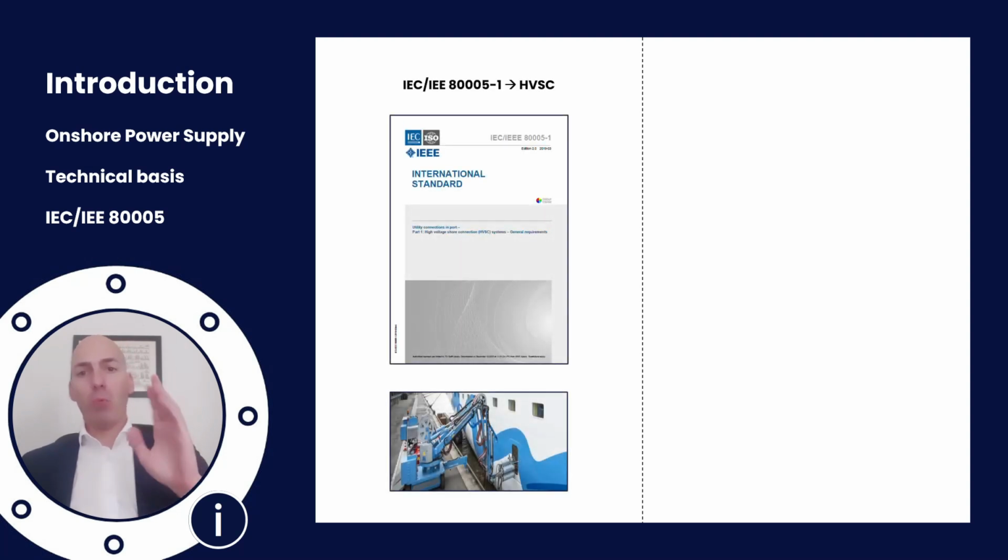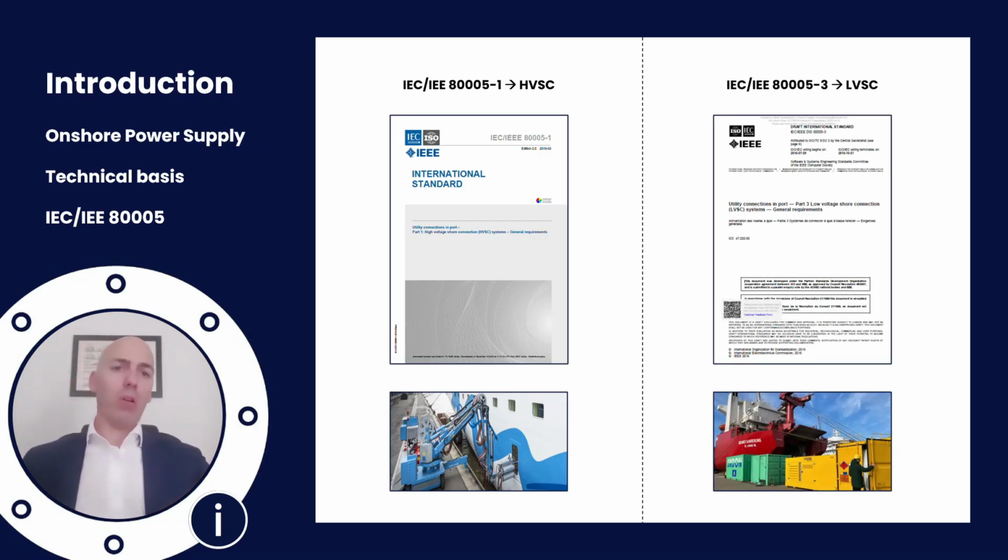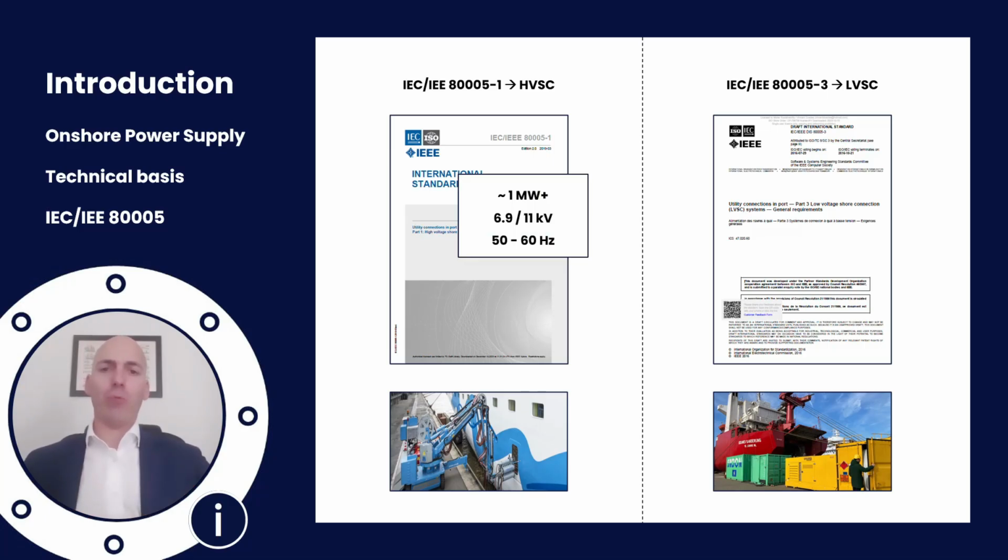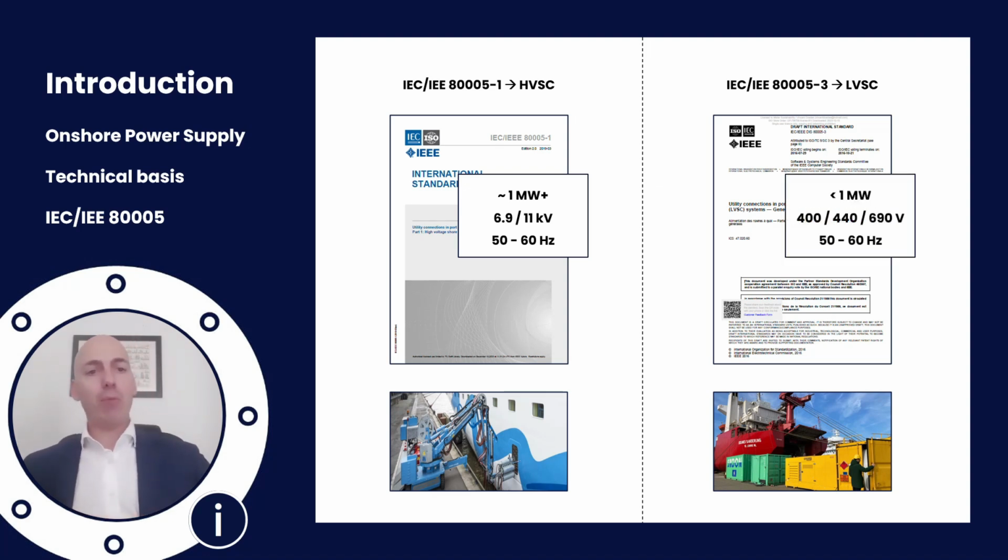So we have number 1, 80005-1 for high voltage, big ships, typically above a megawatt. And then we have number 3, low voltage, smaller ships, and that is below 1 megawatt, roughly. So typically we have from 1 megawatt onwards 6.6 and 11 kVs, kilovolts, both 50 and 60 hertz. That's defined in 80005-1, high voltage shore power systems, high voltage shore connection systems. And then we have LVSC, below 1 megawatt typically, and most ships, the standard describes 400, 440, 690 volts, and